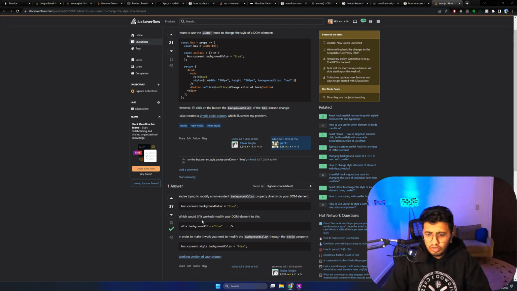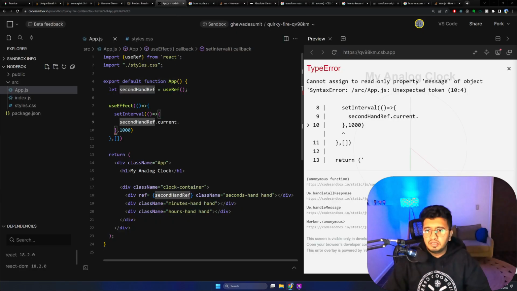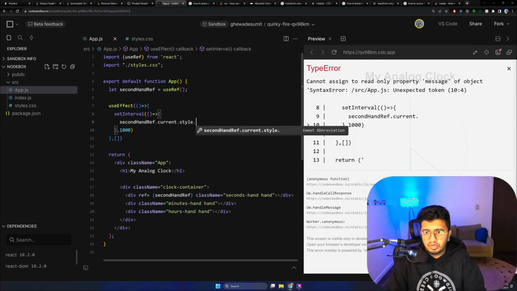Current dot, okay, you are trying to modify existing, okay, got it. So in order to make it work, you need to modify the background color through styles. Okay, got it. Yeah, that absolutely makes sense. So what I will do here is current dot style dot